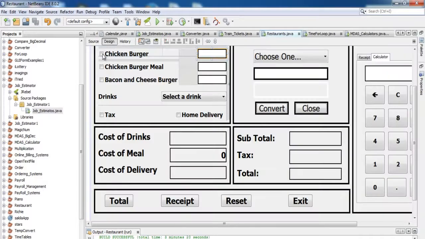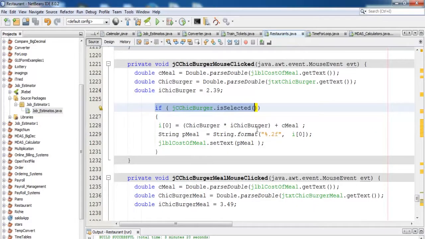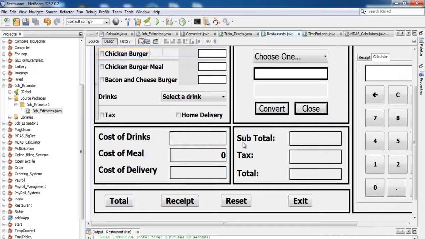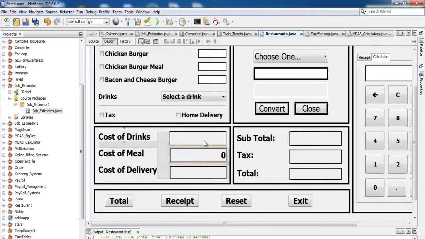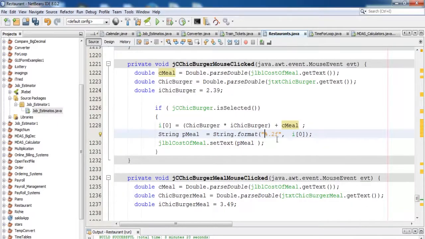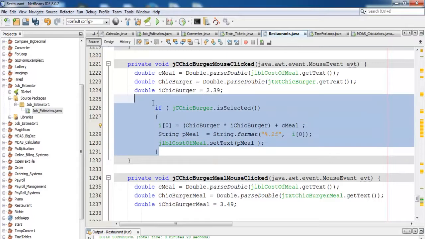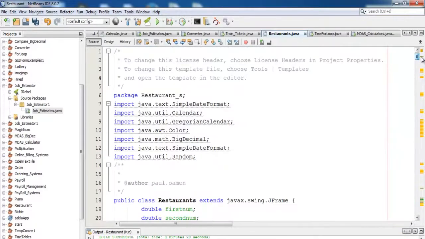There's a conditional statement saying if this is checked, then the variable is multiplied by the price plus whatever is inside this very text box. And that's what I've done for it all. I've decided not to enter the pound sign here because I intend to add all of the numbers in here together. Okay, so it's just a shortcut really. If you notice, I've stored the value of the chicken burger, everything I've stored it into an array that I declared. I don't really need it, but I just declare an array, embed an array for you guys. For those of you who might want to know how to use an array, I have the array right up here where I declared it